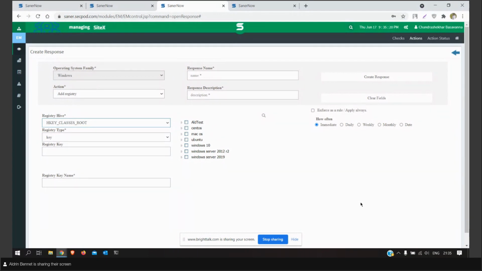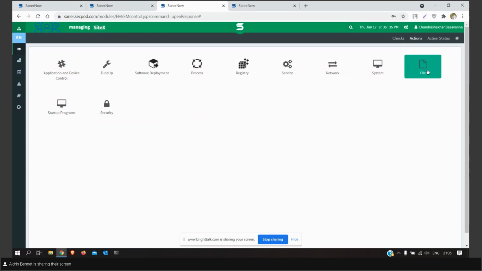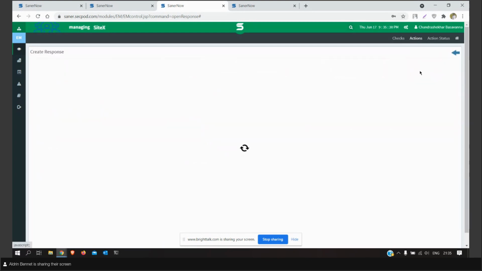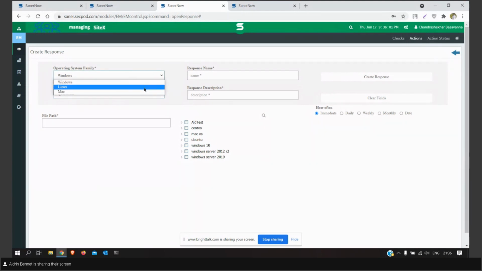That's nice. Another question we have here for you is, can we delete a file in an endpoint using Synano? Oh, yes, we do have an option for that as well. Let me just show you. My screen is still shared, so let me show how it's done. Here under actions, we have an option called file. Here we have an option to delete a file or quarantine a file. You just have to enter the path, select the device, and select the scheduling options, and the agent will go ahead and delete the file. We have another option in Windows to quarantine a file. In case you don't want to delete the file, but you don't want the end users to access the file at any point, you can select the quarantine option, give the file path, and then deploy it to the endpoints.